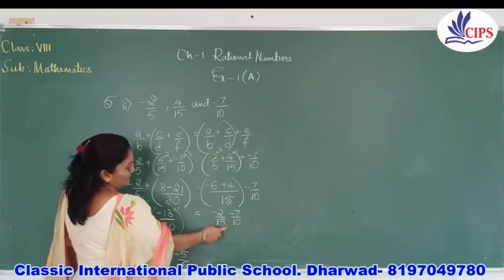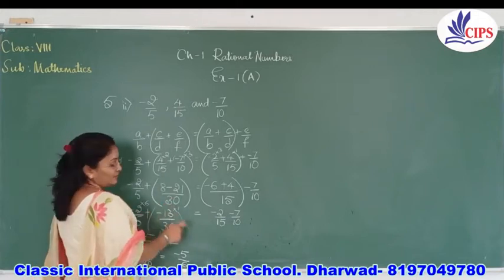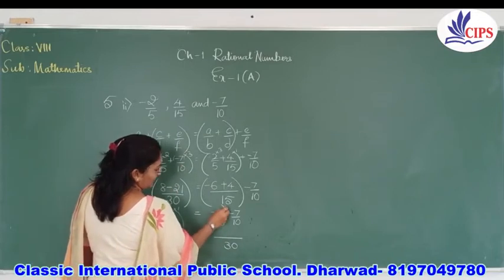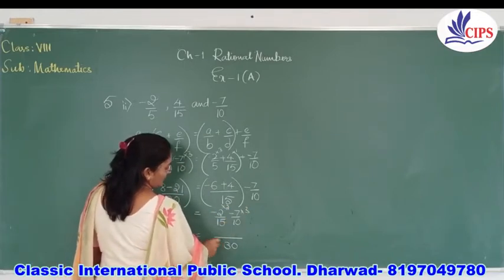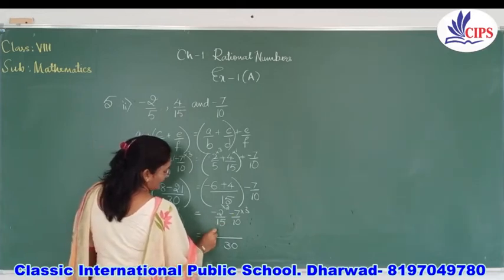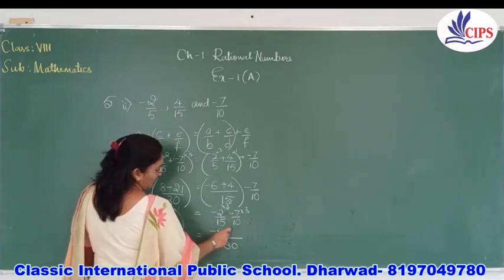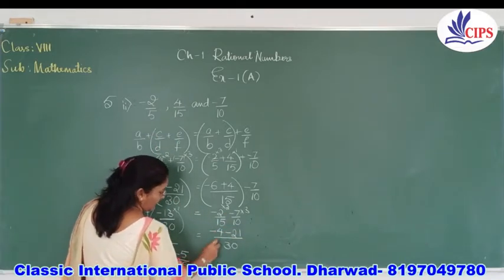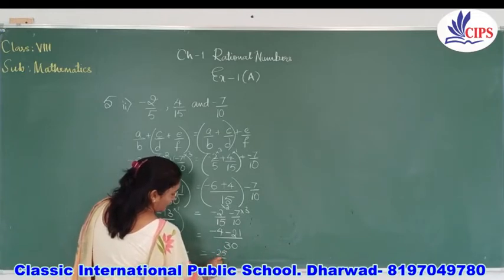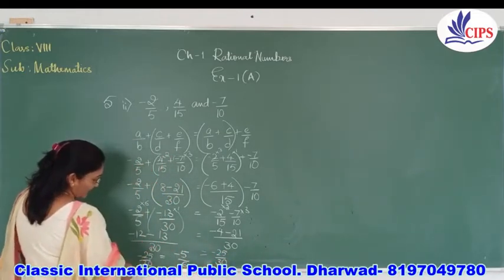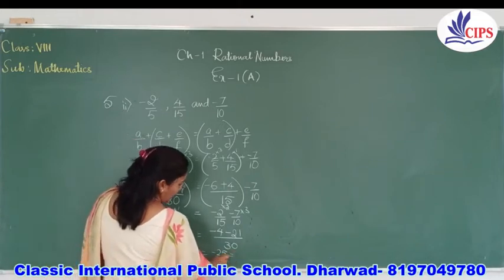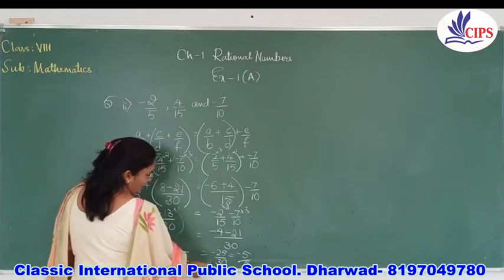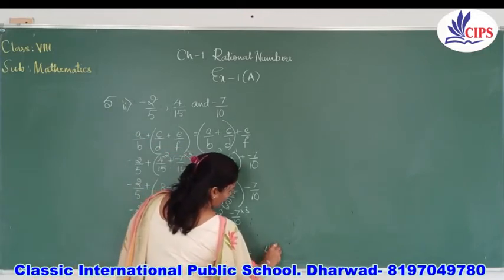Now we have already found the LCM of 15 and 10. What did we get? 30. So I'll take the LCM 30 here. 15 twos are 30 and 10 threes are 30. So I'll multiply here. Minus 2 into 2 becomes minus 4, and minus 7 into 3 is minus 21. As these have the same sign, I'll add these. So I get minus 25 by 30. So we have got the same answer, minus 25 by 30. When I simplify it, I get minus 5 by 6. So both are equal to each other. Therefore, LHS is equal to RHS.